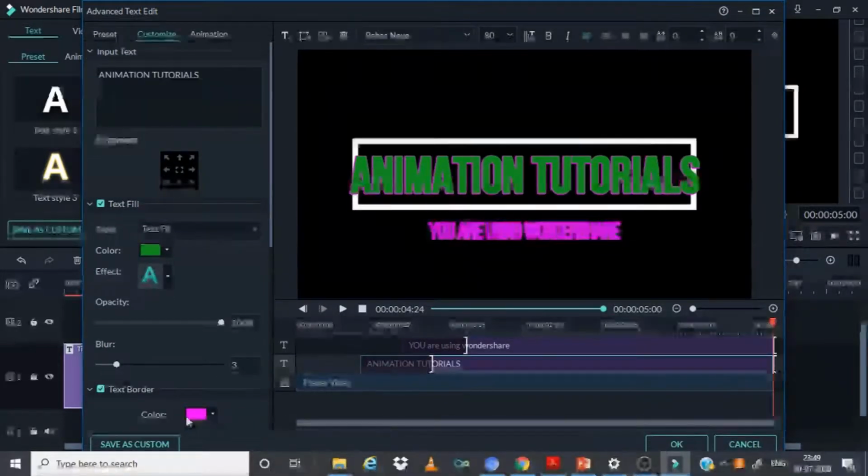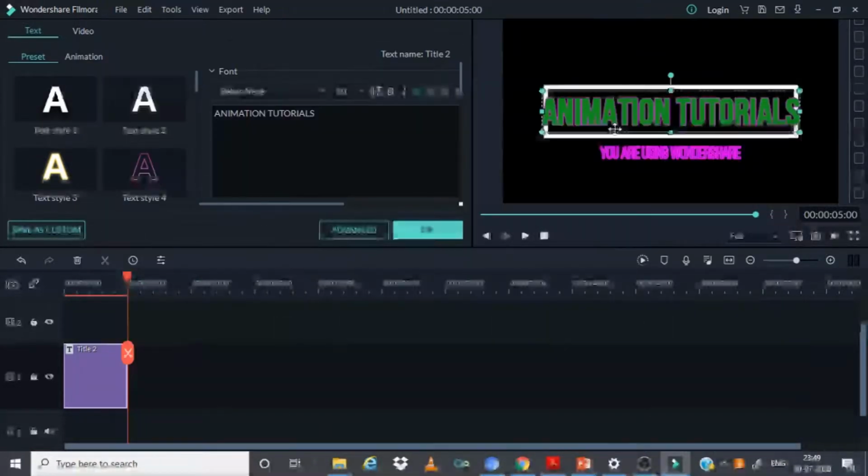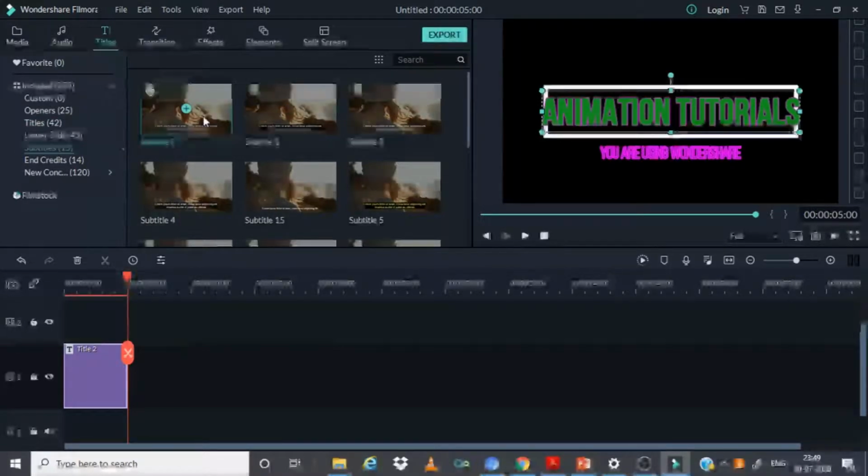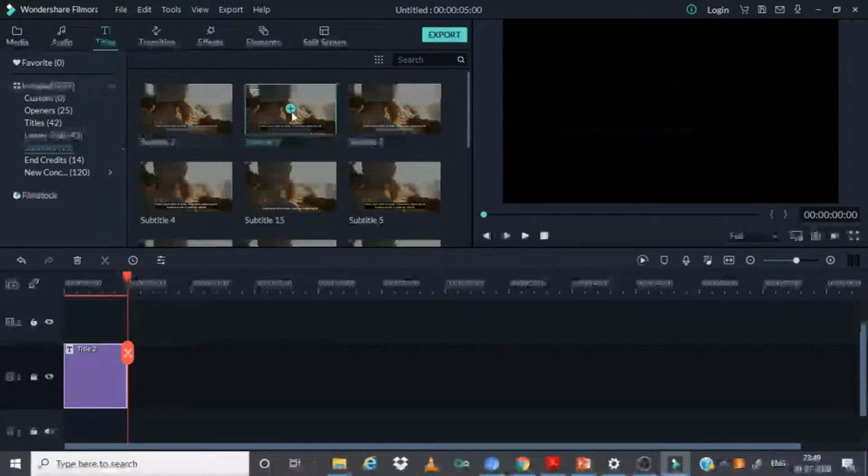OK, cancel, save as custom. So I'm doing OK here. So this is the way in which the text can be edited, and I can say here OK. Alright, so this is my text section. If I want to have the subtitles, similarly, this will appear in this fashion. If I'm adding it here in the next frame, it will be added here.